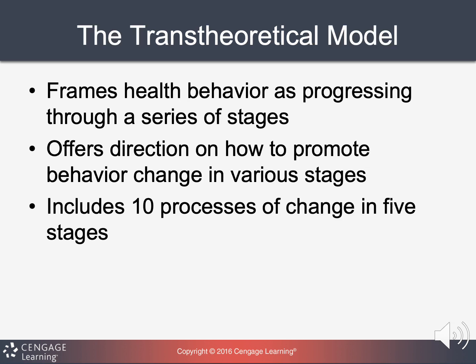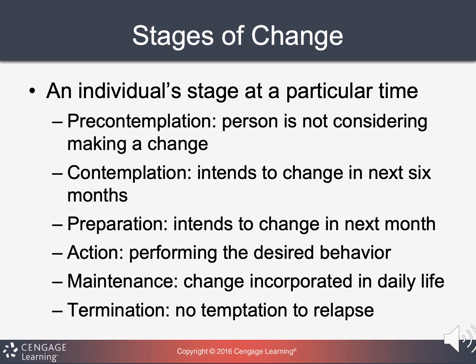The trans-theoretical model is used to understand someone's behavior and how that person is going to make changes over time. There are 10 processes and 5 stages of change. So the first stage is the pre-contemplation stage, and that's before the person starts to contemplate changing. It's what their current beliefs are of a certain situation. So we could take smoking as an example again. Whatever their current beliefs are about smoking, this is before they actually think about change.